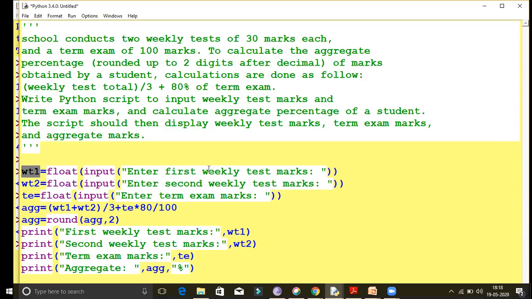Input is a string type, so float will convert the string to float type. Float is a conversion type: whatever value you get as a string, it will convert into a float.